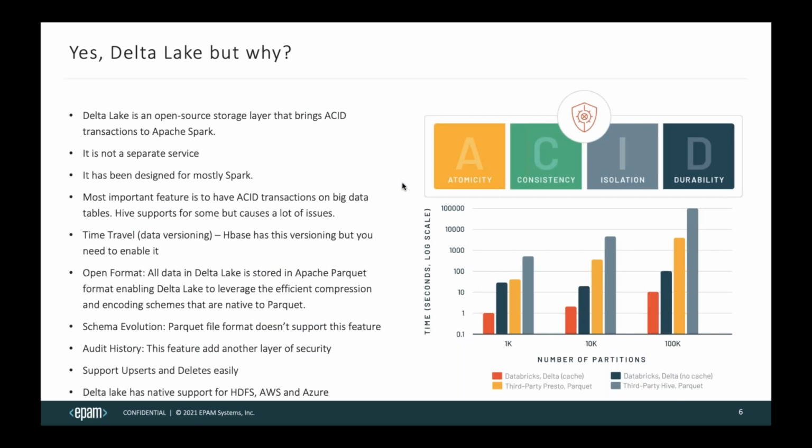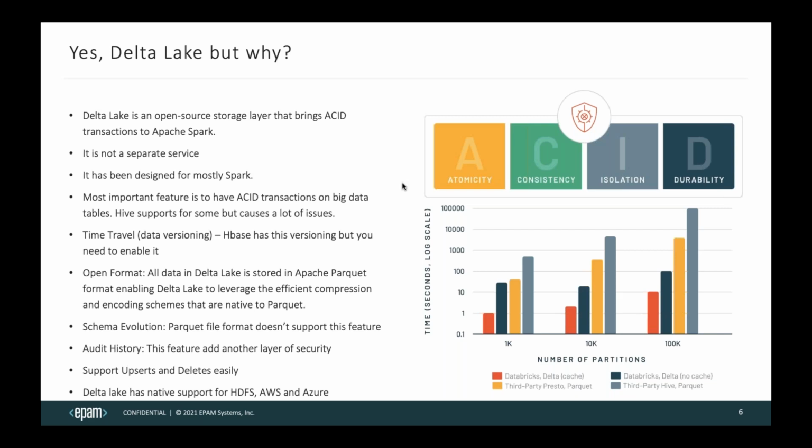Because like I said, the most important feature is that it supports ACID. ACID, I believe we are all familiar, but let's repeat: atomicity, consistency, isolation, and durability. And this was very, very problematic when you are working with big data technologies. For example, Hive also has a feature called ACID tables, but Spark doesn't support it natively. So if you would like to use Hive ACID tables, you need to do some extra stuff and you need to check what is wrong, how to do the partitioning and so on.